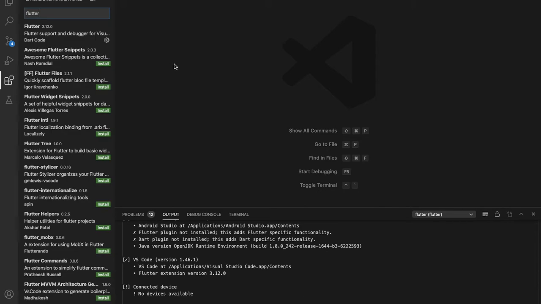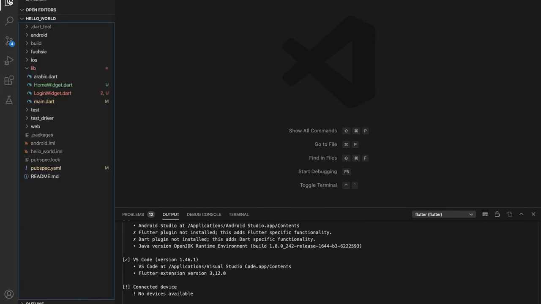After installing this, in the last session we have seen we created one application with the name of demo. So after setting up the Flutter plugin, we will import that project into VS Code, right? So for that, go to file,